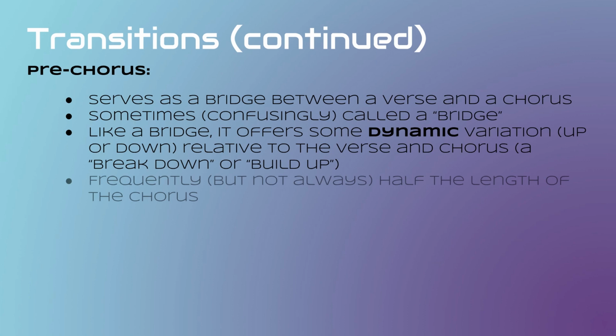Regarding length, it is rather common to write a pre-chorus that is half the length of the upcoming chorus. So for instance, if the chorus is 8 bars, the pre-chorus might be 4. The always elegant and on-point duo Hall & Oates did this in one of my favorite 80s classics, Private Eyes. That said, a longer pre-chorus isn't uncommon, especially if a more complicated or elaborate harmonic turnaround is needed to logically connect the verse to the chorus.